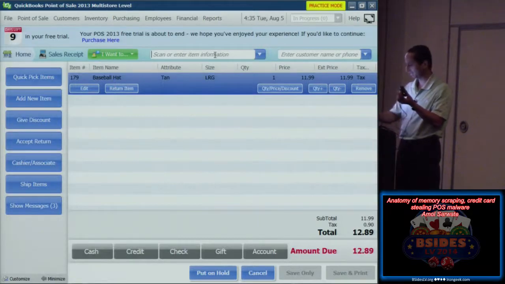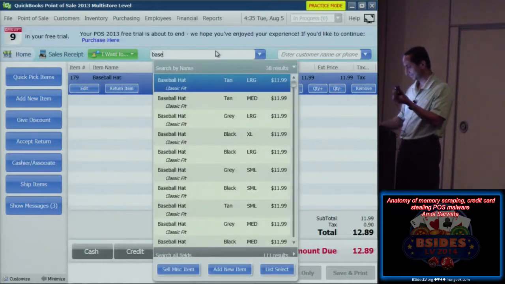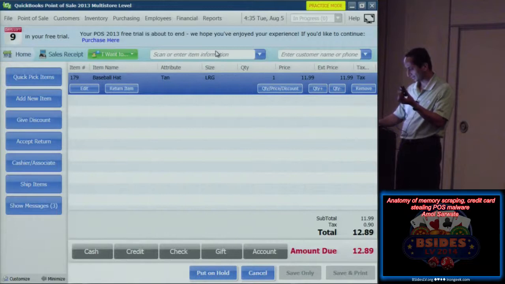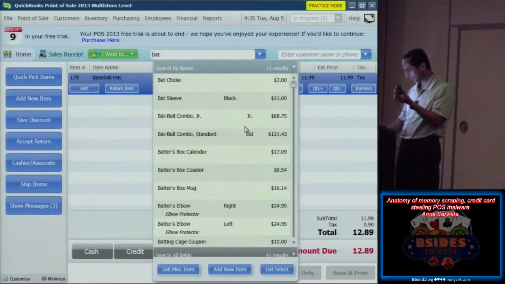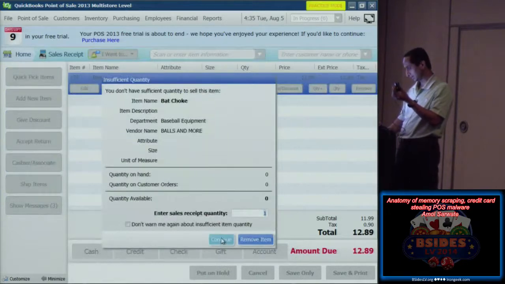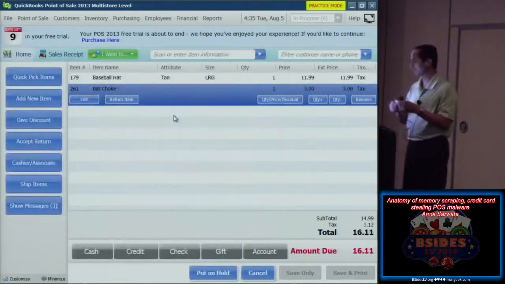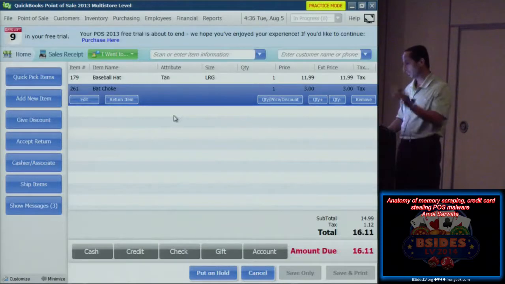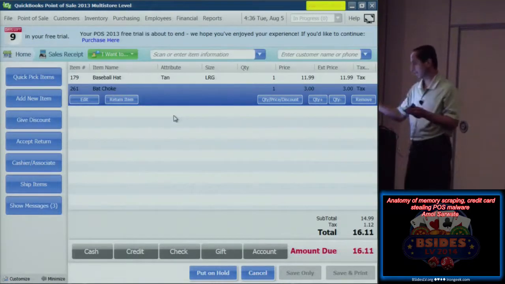Help me out. Baseball. They just have a lot of hats. Let's say a bat. A bat choke. Okay, I'm just having too much fun. So okay, they bought some items. I scanned it, and this all came.